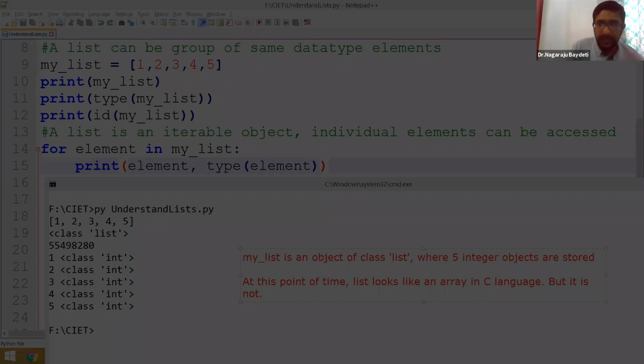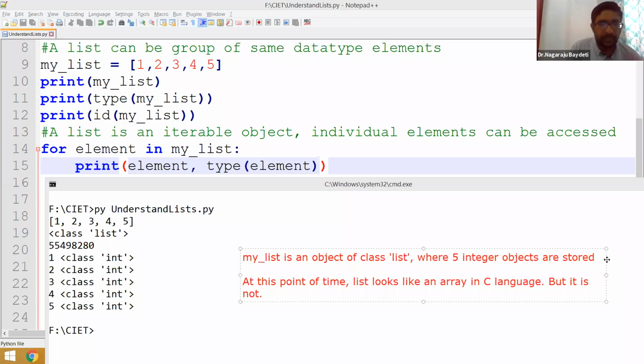A list looks like an array in C language at this point with respect to storing same data type elements.